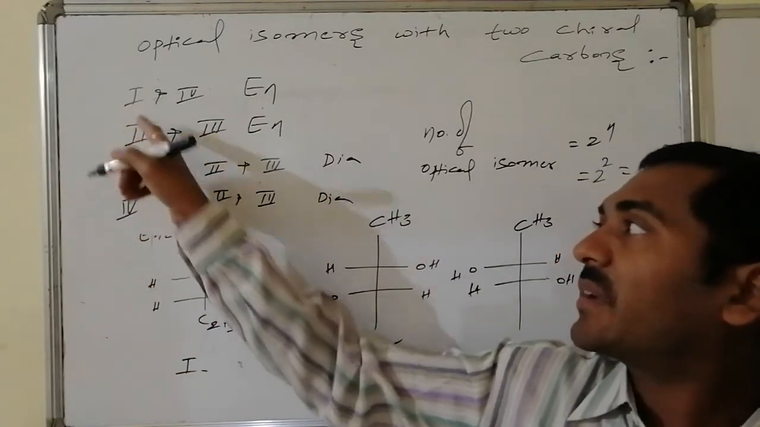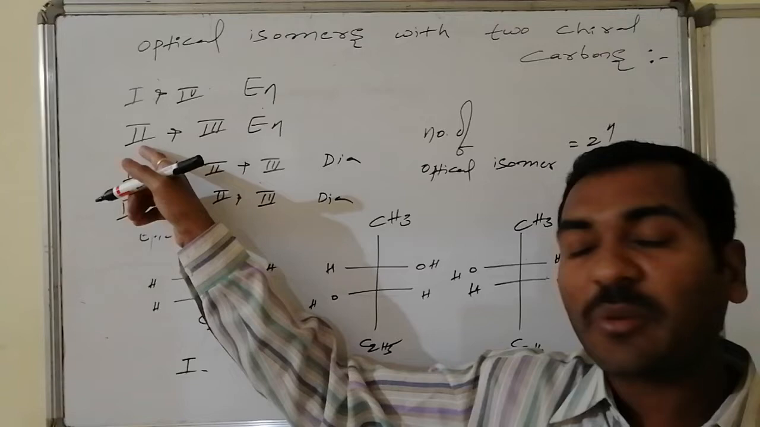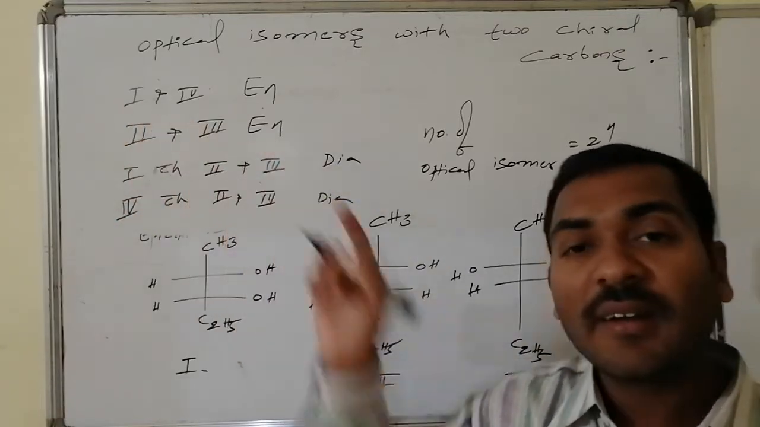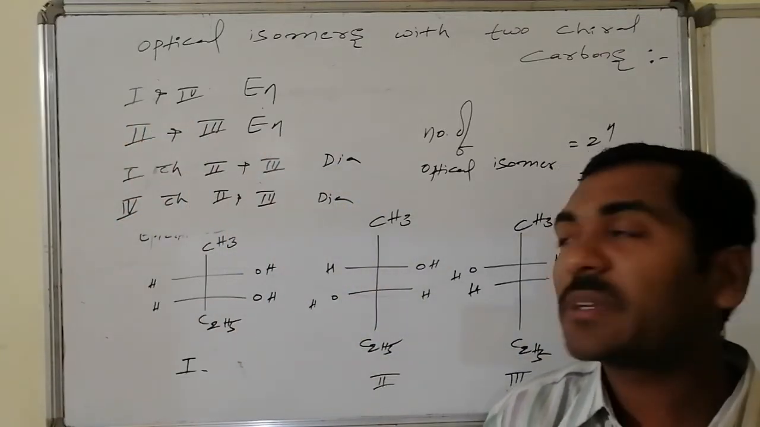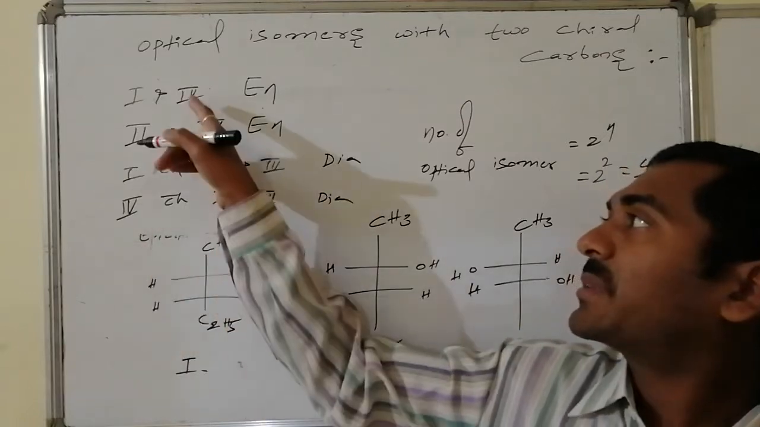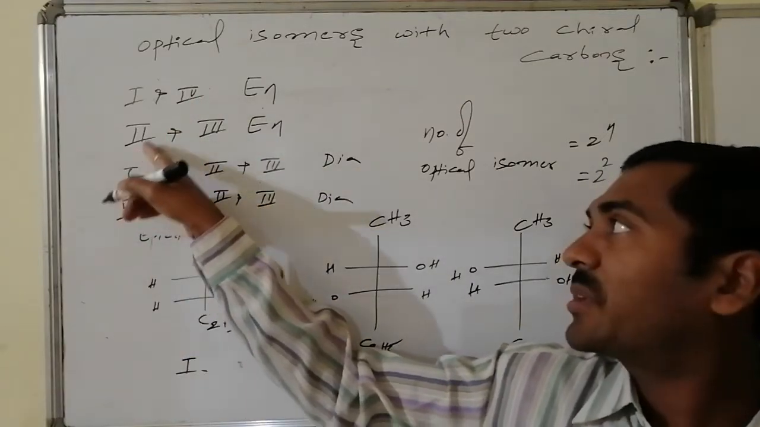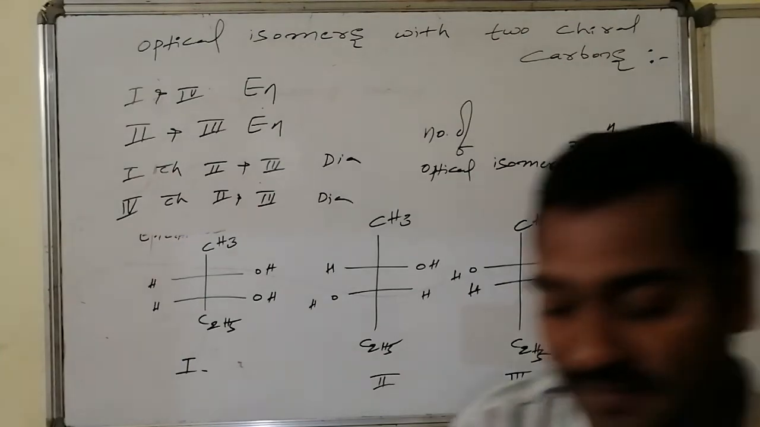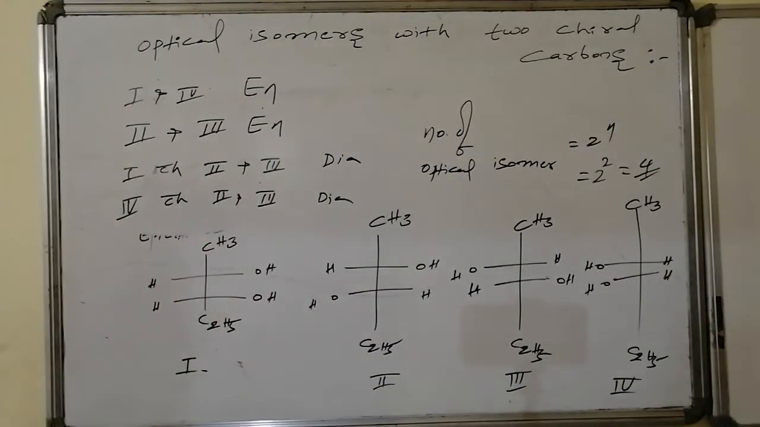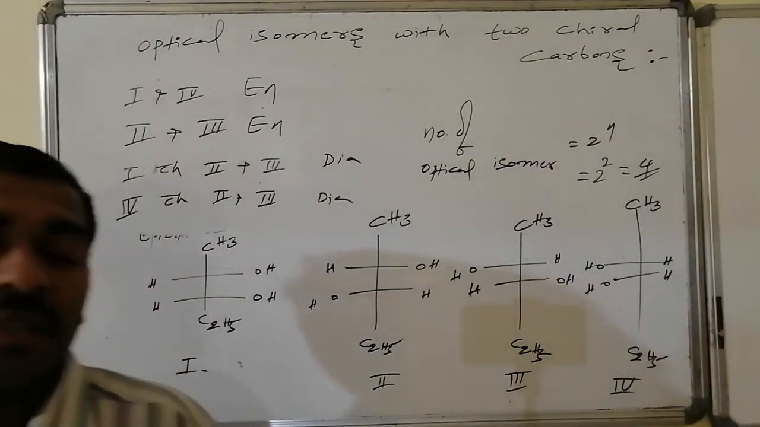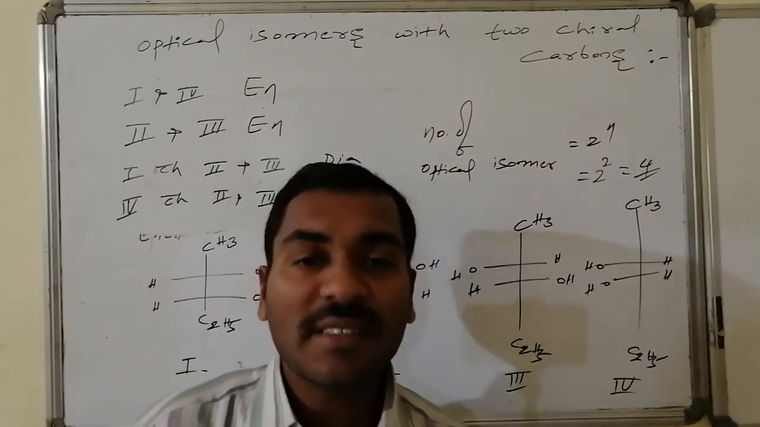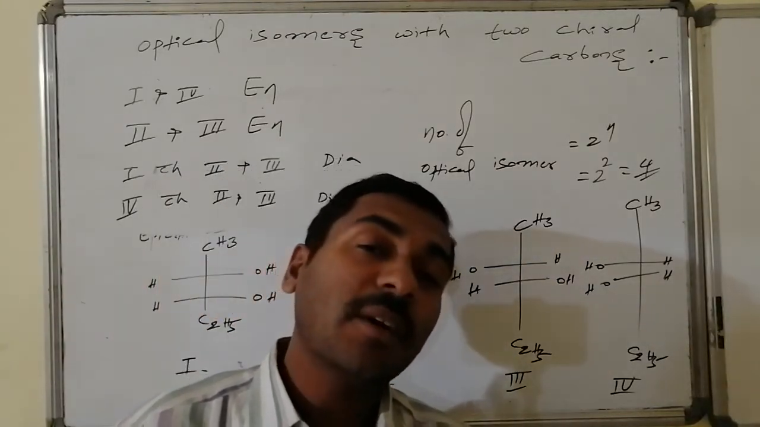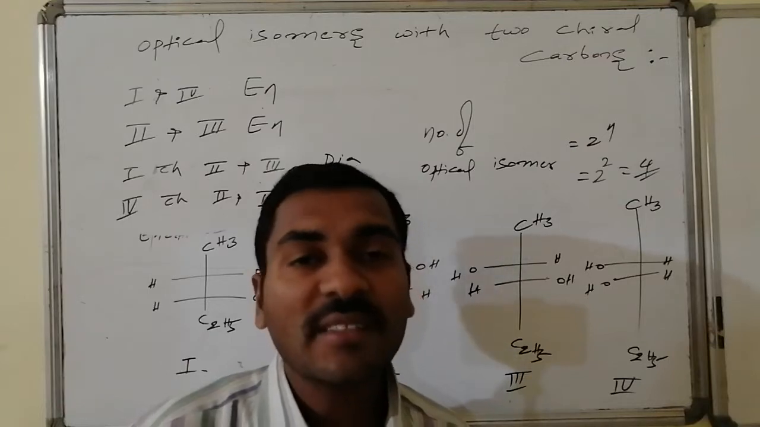Whereas with respect to 1, the second is maintaining a diastereomeric relation. With respect to 1, the third is also maintaining a diastereomeric relation. Similarly, with respect to 4, the second is a diastereomer. With respect to 4, the third is also acting as a diastereomer. That is, optical isomers that are not maintaining an enantiomeric relationship,